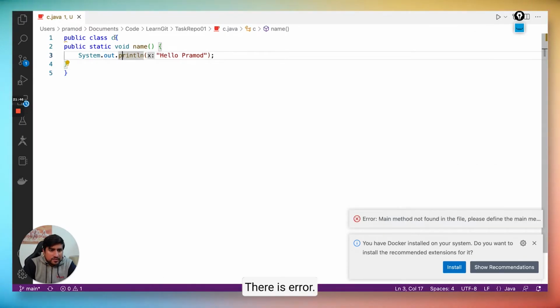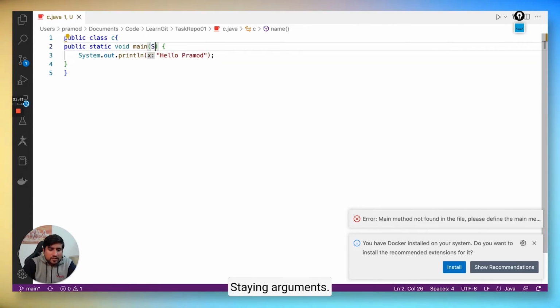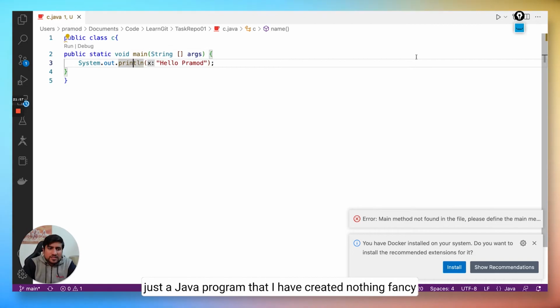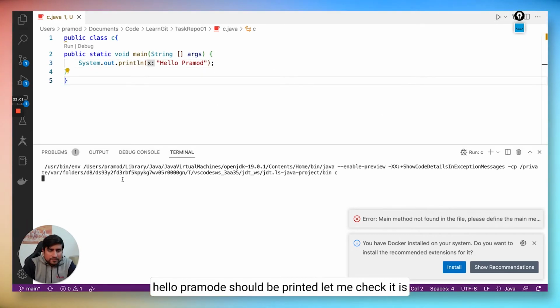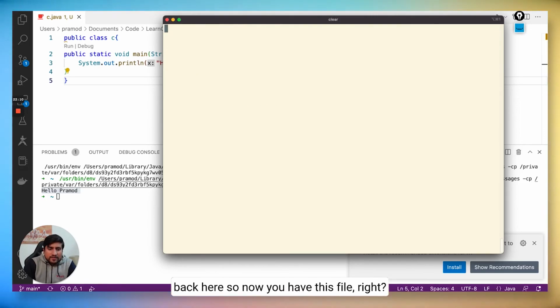Okay, error. There is an error. What is the error? Okay, void name. This is not public static void main, right? String arguments. This should be like this. Okay, this is just a Java program that I have created. I guess nothing fancy. Hello promote should be printed. Let me check. Right, it is working fine, so it's a working project. Okay. Anyways, go back here. So now